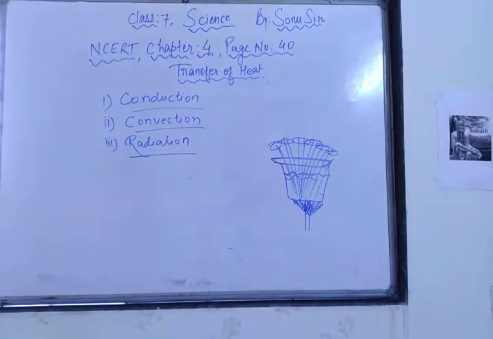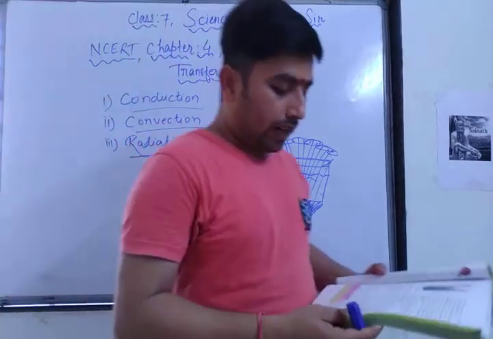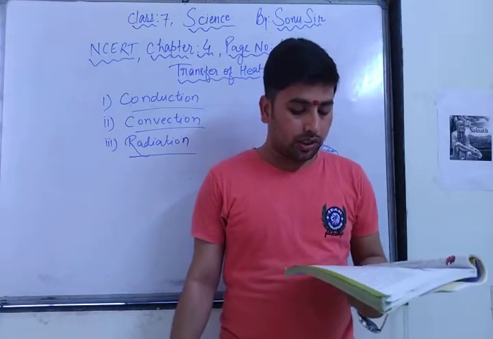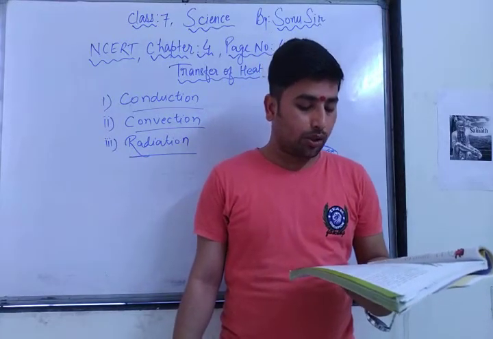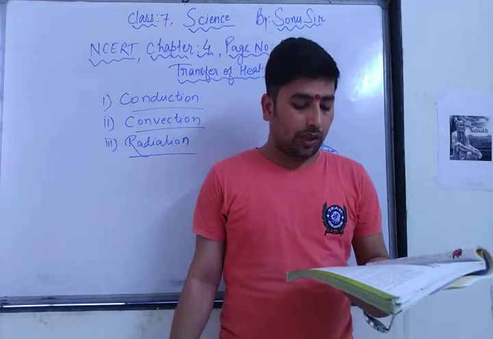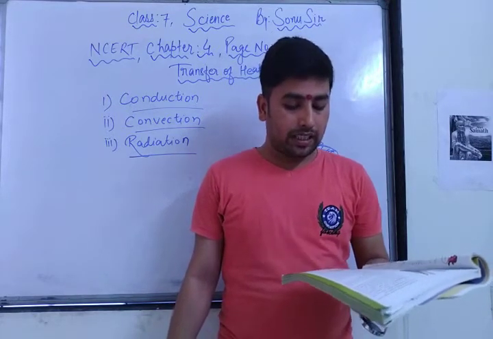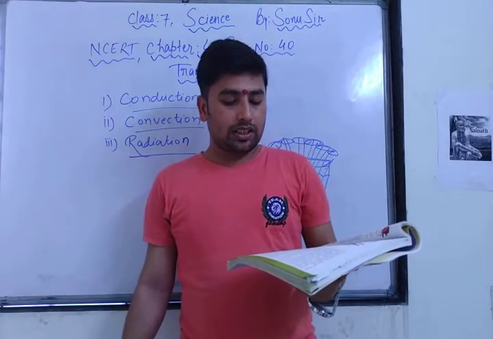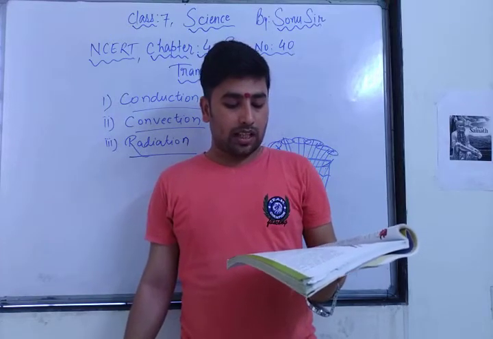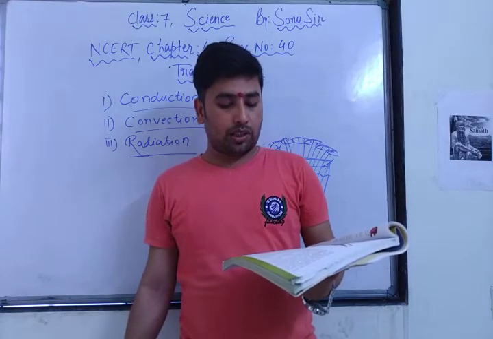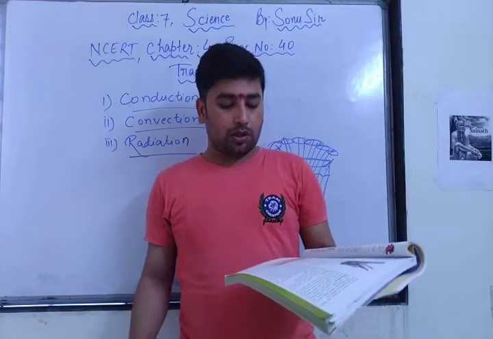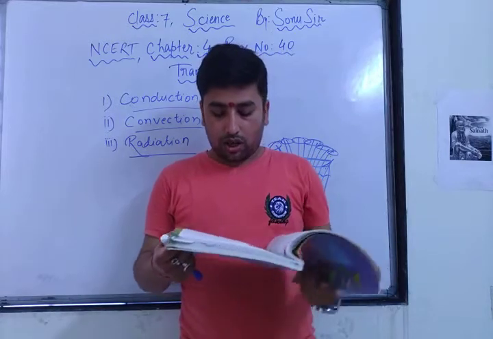Now we will move towards activity 4.8. Take a round bottom flask. If the flask is not available, a beaker can be used. Fill it 2/3 with water, place it on a tripod or make some arrangement so that you can heat it by placing a candle below it. Wait till the water in the flask is still. Place a crystal of potassium permanganate at the bottom of the flask gently using a straw. Now heat the water by placing the candle just below the crystal. Write your observation in your notebook and also draw a picture of what you observe.